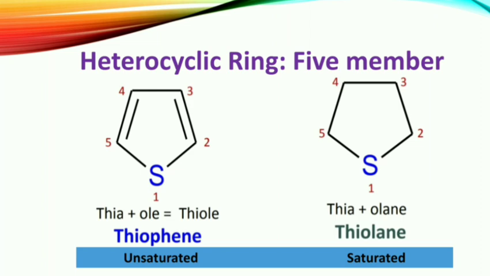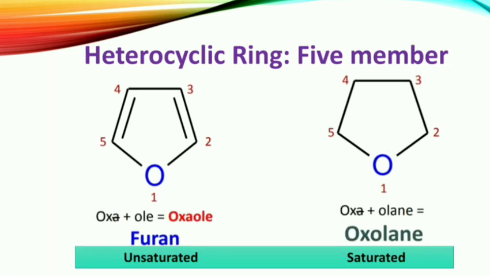As you have to give the nomenclature and numbering to the structure, we will see another example. It is an example of a heterocyclic ring which has a 5-membered structure. You can see the first structure, which is an unsaturated compound, meaning you have the double bond. You can see the double bond, so this will be the unsaturated compound. Then identify the heteroatom, which is oxygen.